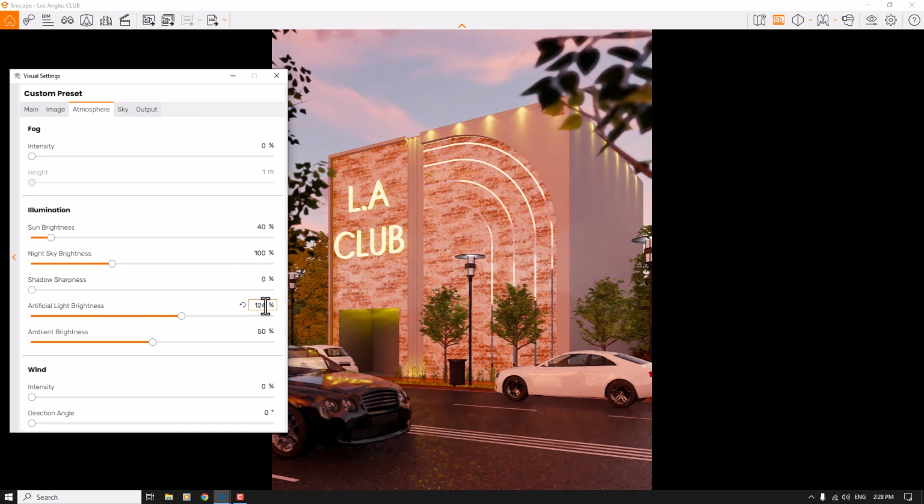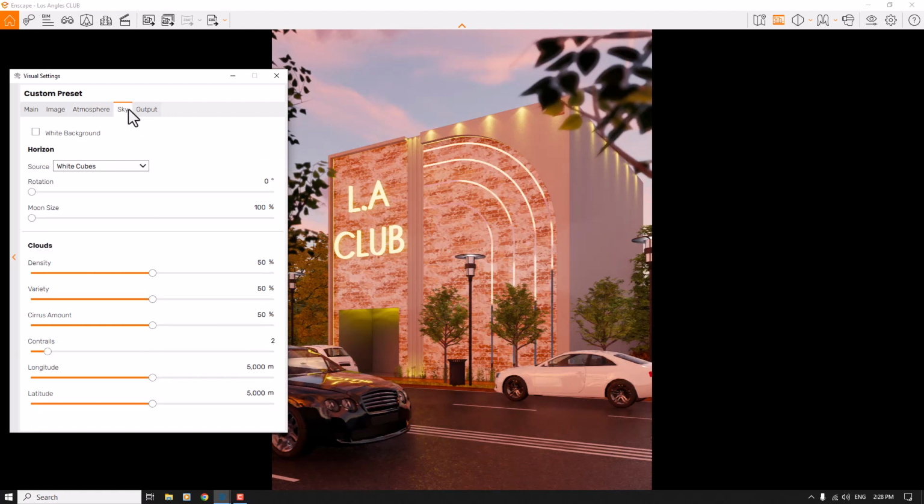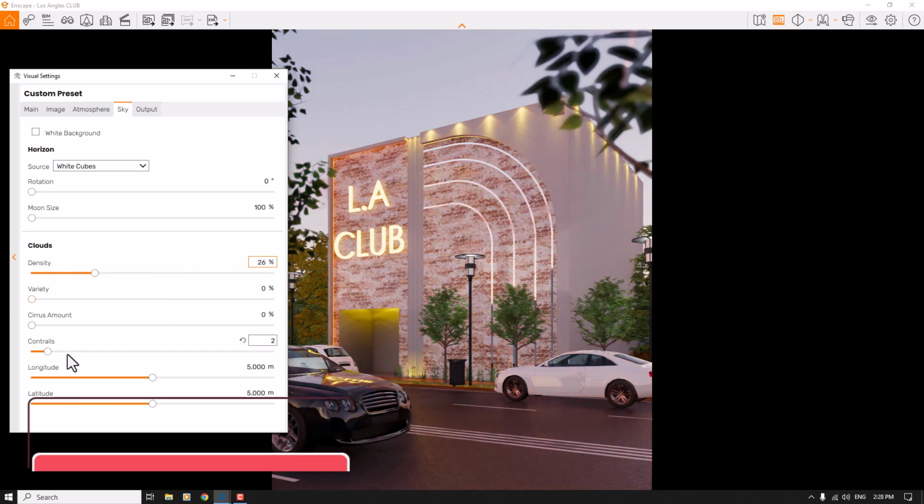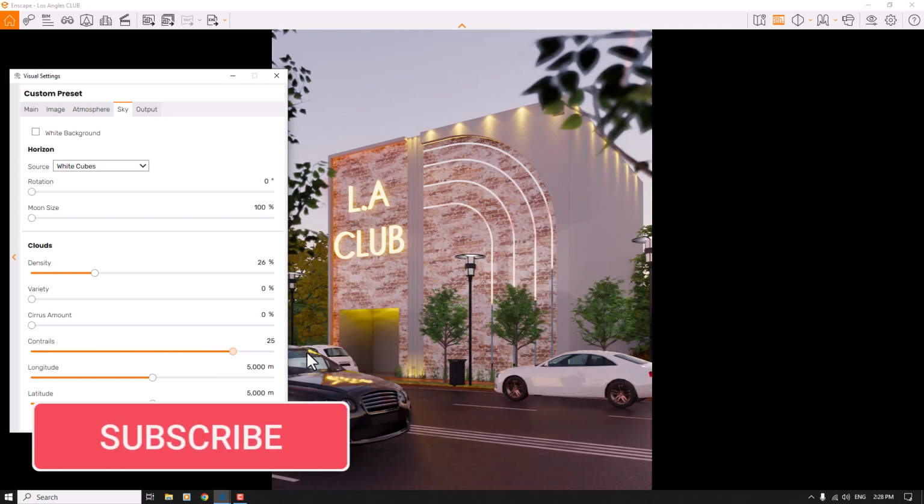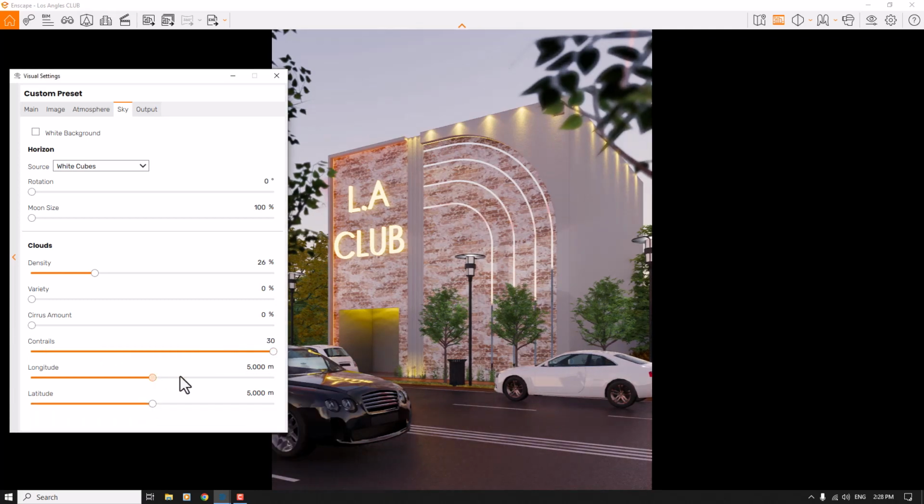much better. Alright, ambient brightness is not useful in here, and the skybox is the most important part of this tutorial. So I'm going to turn off the cirrus amount and variety, and I want to change the density from 50 to 26%. Alright, I'm going to increase the cloud rays, some number like that, and change the longitude or latitude for